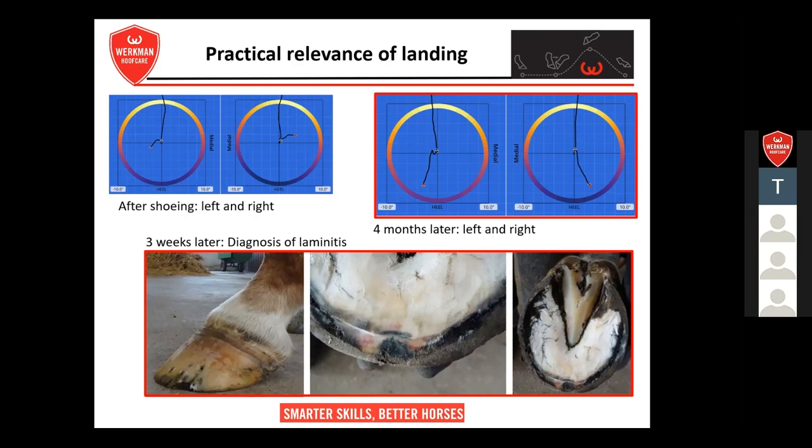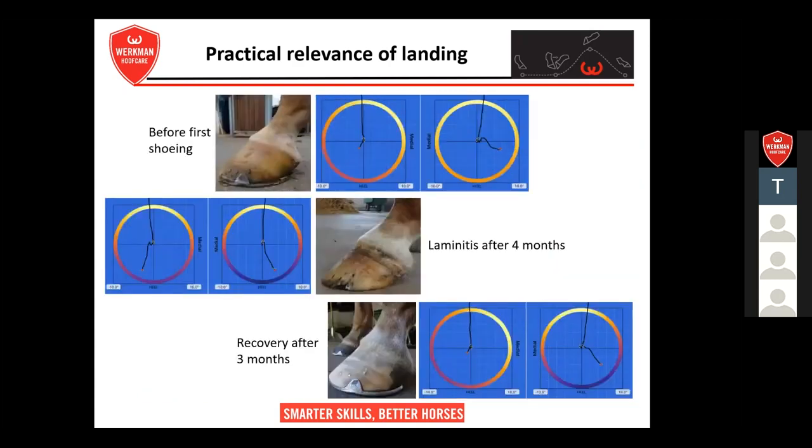Usually we have quite a stable or repetitive locomotion pattern. If you see sudden changes of the initial contact or the landing pattern, we should be aware of maybe some pathologies or some problems going on. And the interesting thing is that after the laminitis healed, after recovery three months later, you can see that